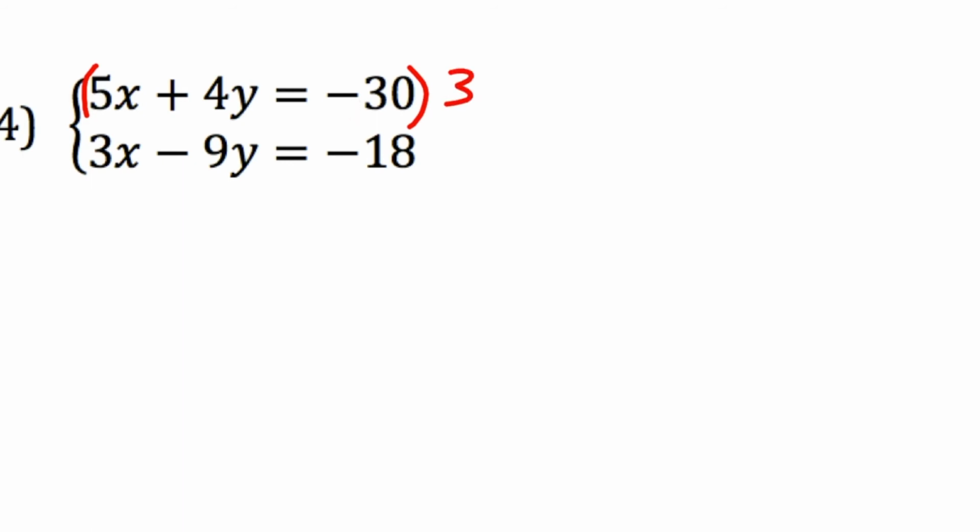So I'm going to multiply the top by 3, and I'm going to multiply the bottom one by 5. And again, I'm just picking the number that's out front here. So this equation has a 3. That's why I multiplied it by a 3. This equation has a 5. That's why I multiplied the other equation by a 5. So it will cancel